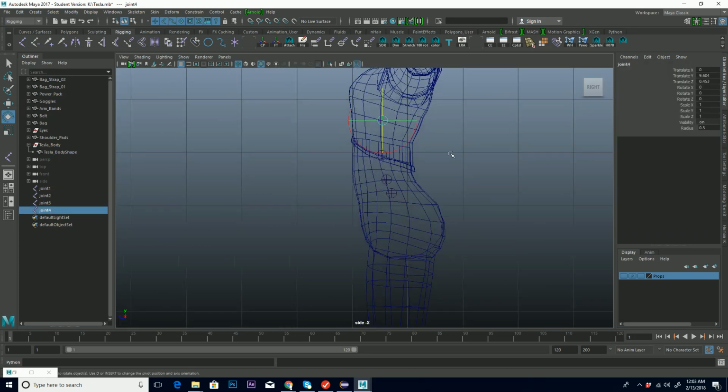And then I'm going to take these and I'm just going to parent them down the chain. So our upper back, we'll select that, and shift, select our mid back and hit P for parent, and do the same with our mid back to our low back, hit P for parent, our low back to our root, and hit P. Okay,